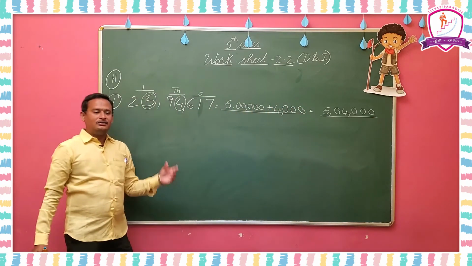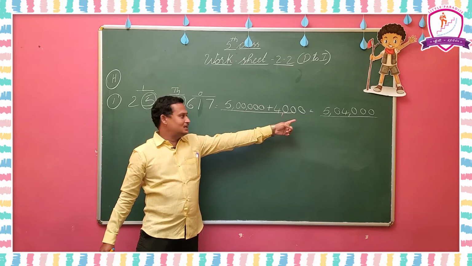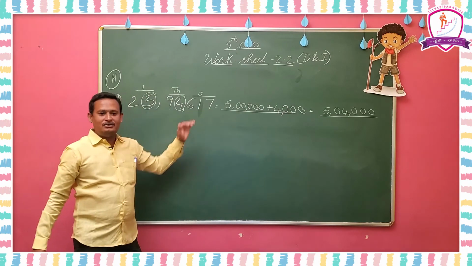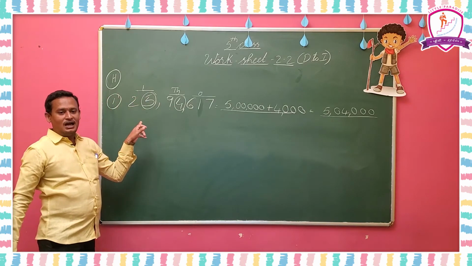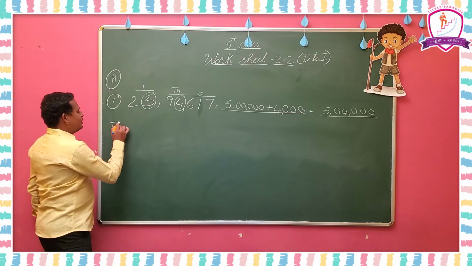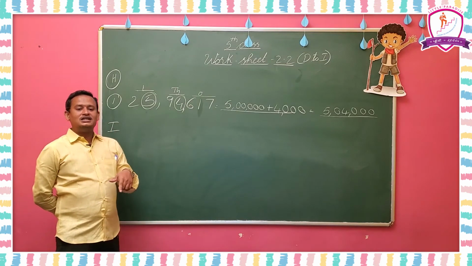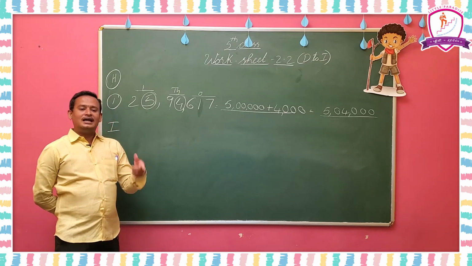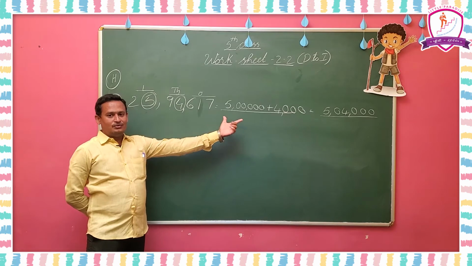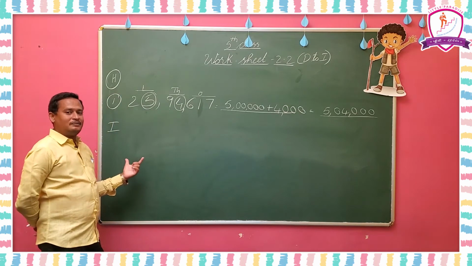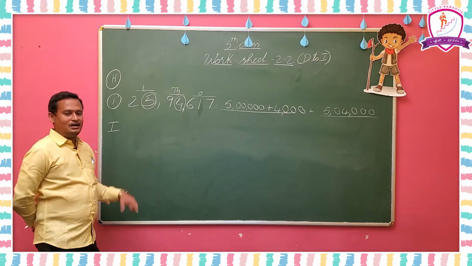Understood? Like that you have to write both place values of the circled digits, then add those two, and we will get the final answer. Like this you have to complete H Roman using this model. Coming to I Roman, it is similar, but here find the difference between the place values of the underlined digits. Here we added the two place values, but we have to subtract the place values of the underlined digits. So here also I am going to explain the third one.